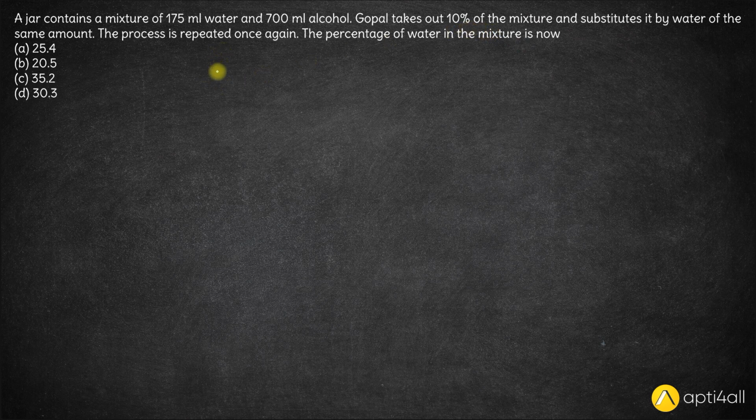Fine. So we know the final quantity of the component that is getting diluted. Now what is getting diluted here? We are adding water, right? So if we are adding water, water's concentration will increase, but alcohol's concentration will decrease. So alcohol is getting diluted. So the final quantity of the component which is getting diluted is the initial quantity of that component into 1 minus the fraction that is being removed